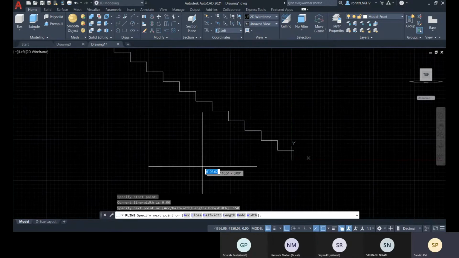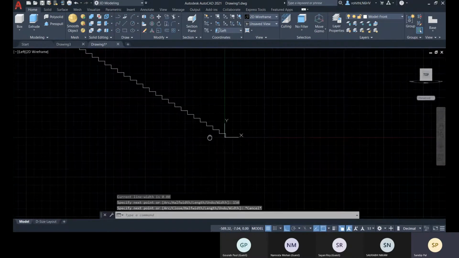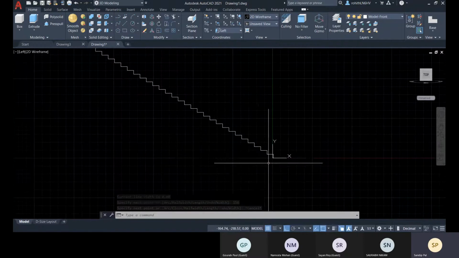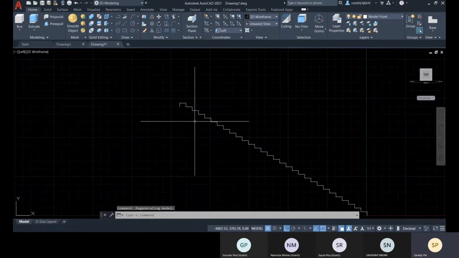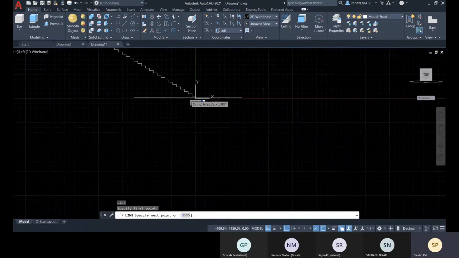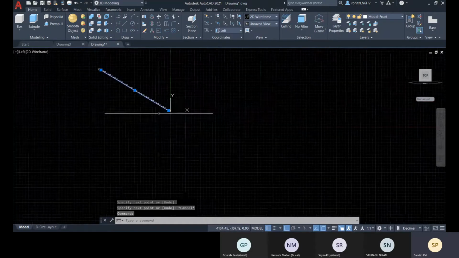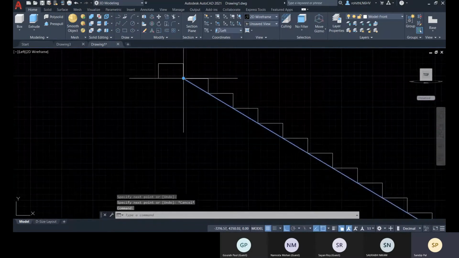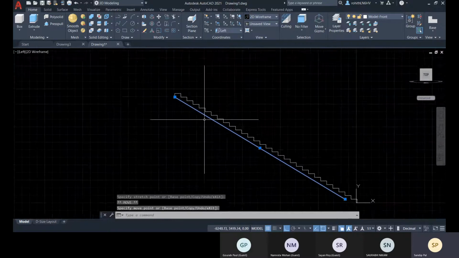go with this also. So what you can do, like you can connect this line and then select this line, and with this point move it to here.